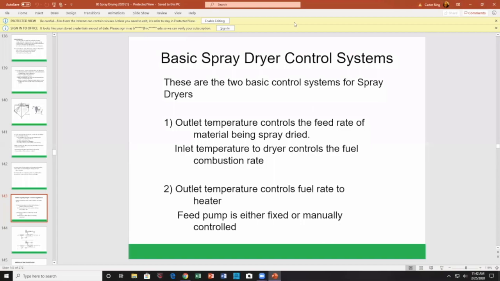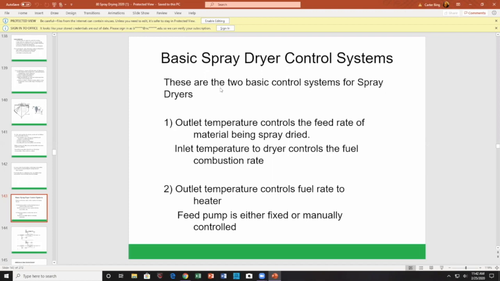Okay, ladies and gentlemen, appreciate this is part 2 of spray dryers, spray drying, I should say. Basically, some comments on control systems. I don't want to get into the area of control systems, but